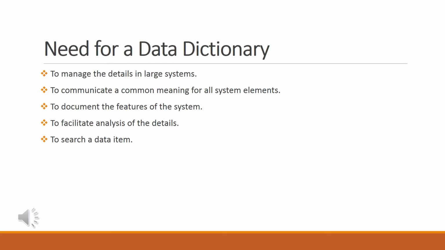Now, what is the need of this data dictionary? Why do we use it? Because we need to have the entire detail of the database, that what data types we are using, what data is stored in the database, what is the name of that table, what are the constraints that are applied to the table. To answer all these questions, we require a data dictionary. It also helps us to search for a particular data item, or to build the database, or we can easily locate the errors in the system. So like this, using the data dictionary, we have the entire picture of how the data is flowing in the database system.